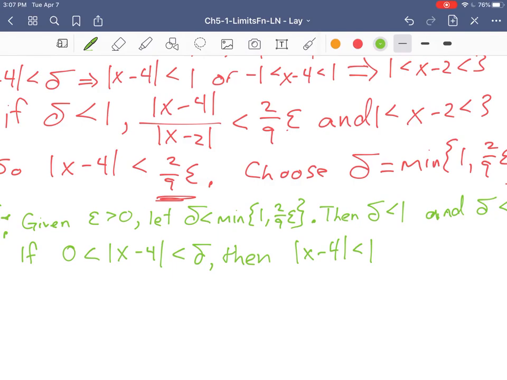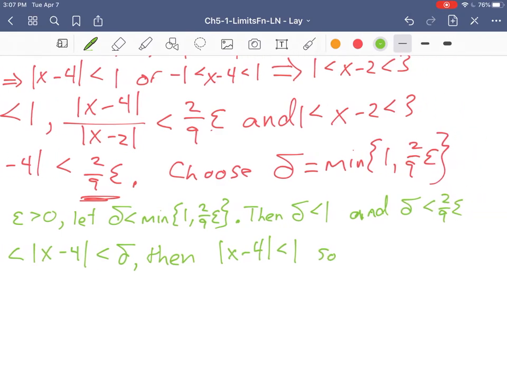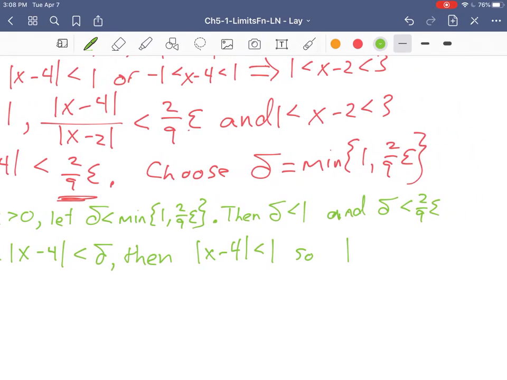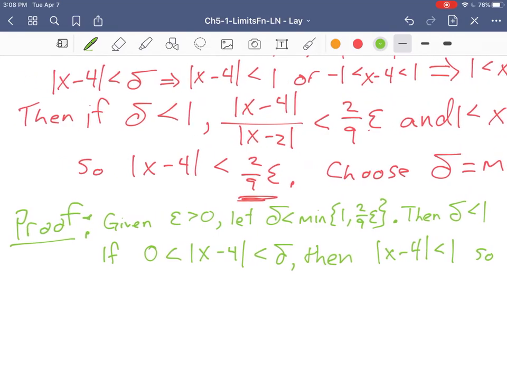Because it's less than delta, and we observed above that delta had to be less than 1. And so 1 is less than x minus 2 is less than 3. And also, we have the absolute value of x minus 4 is less than 2/9 epsilon,